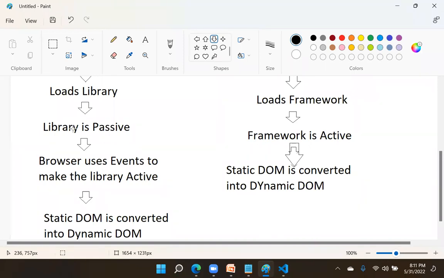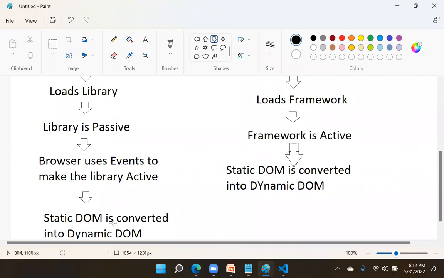Understood? Otherwise, you will be restricted only to the projects where they are working on Angular, or only to the projects where they are working on React. You will be restricted for that. Right? That is the reason for a software developer at experience level, it is not a choice whether to go with React or to go with Angular. Both are compulsory. Both are mandatory for a software developer.